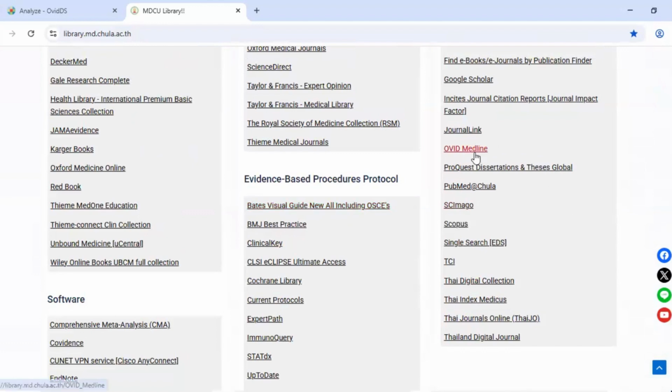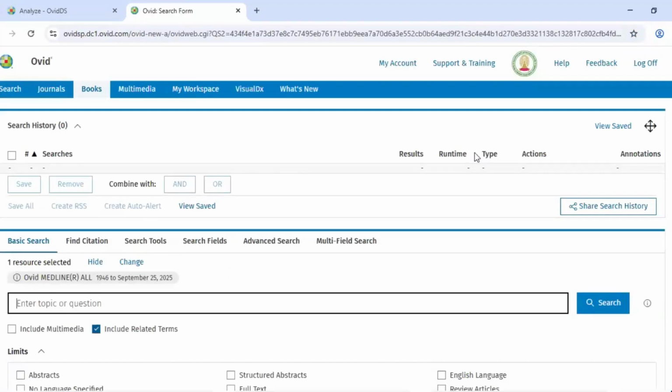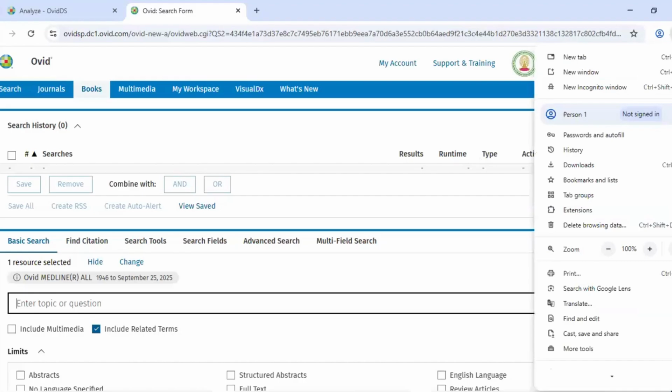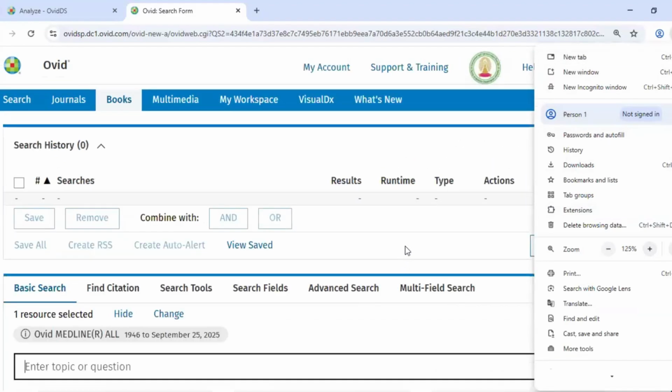On the screen on this side, we can see the access to Ovid Medline as a part of the listing through the page just there. Let me follow that link, and we're going to have a bit of a look at that resource from this page just here. I'm going to zoom in slightly so that this is clearer for you,